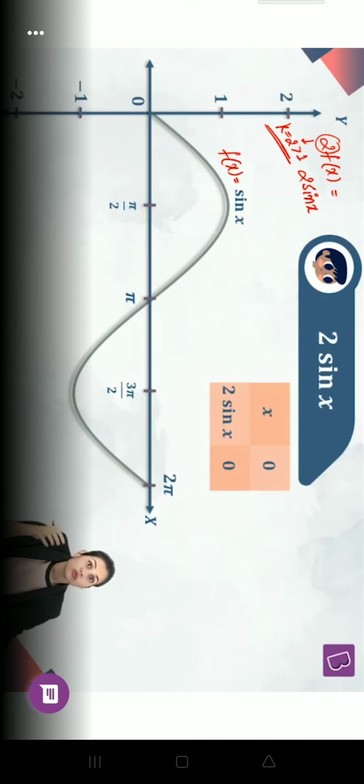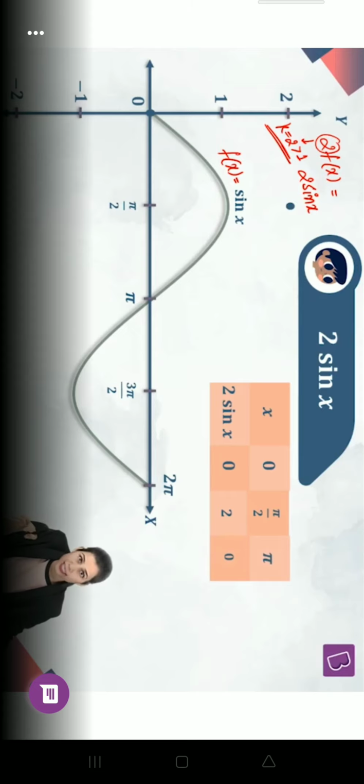When I plot these points, this comes out to be the graph of half times f of x, that is half times sine x. So in here, in the same Cartesian plane, you have two graphs. One is the green graph, which is the sine graph. Other is the pink graph, which is half times sine graph. What do you observe? Can you see this half times sine x is kind of a compressed version of the graph of sine x? It's like somebody has shrunken the graph of sine x to give you the graph of half sine x. Yes, in fact, to be precise, carefully observe,